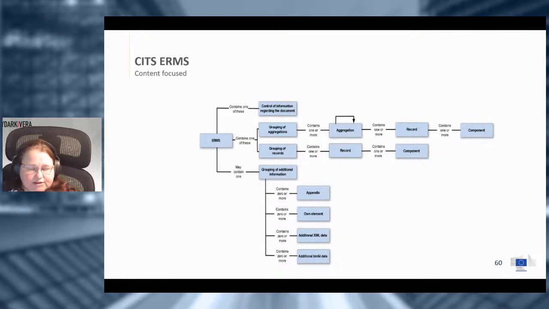So appendixes, it's possible to create a smaller number of own elements if you need to add one specific field that you have in your implementation that is not possible to find in the records management specification. You can add big chunks of information using additional XML data, and you can also, if needed, but be cautious, add base64 data, but then you actually need to be able to get that information back.